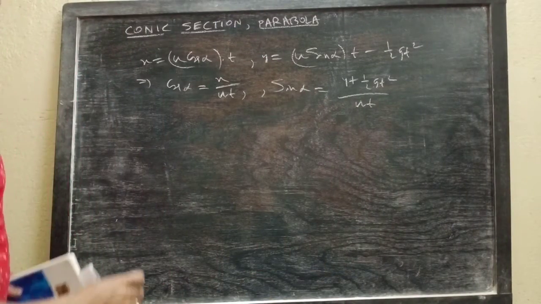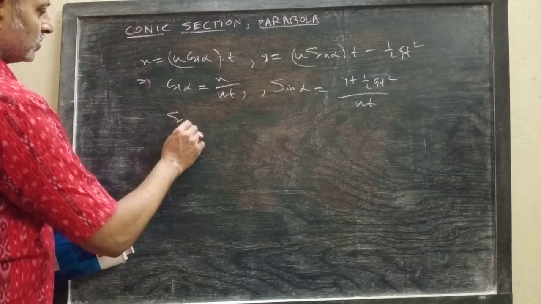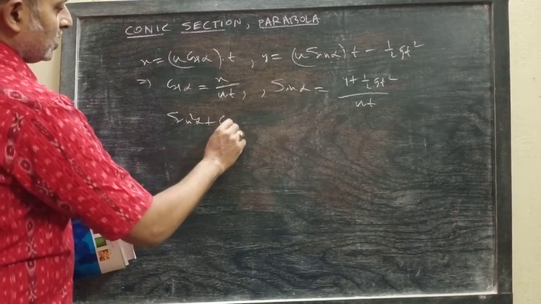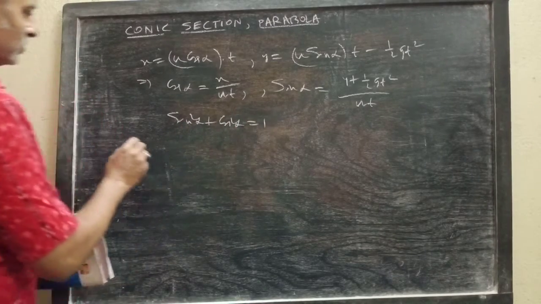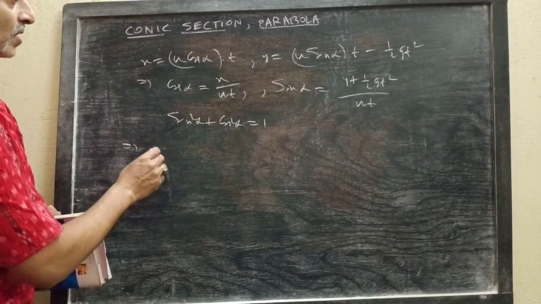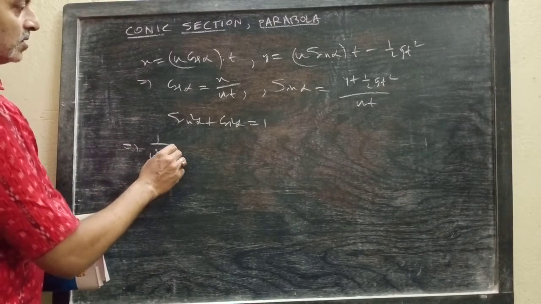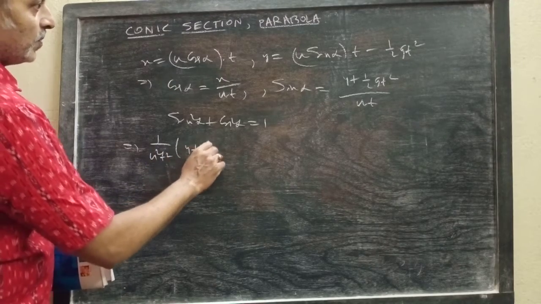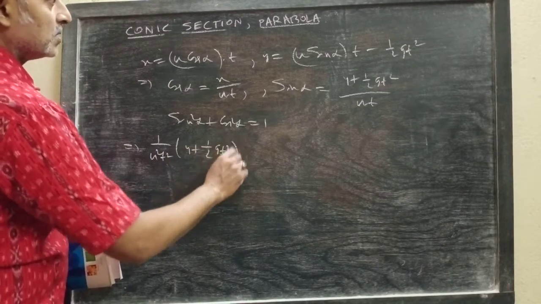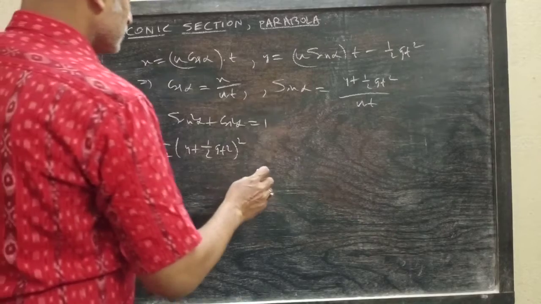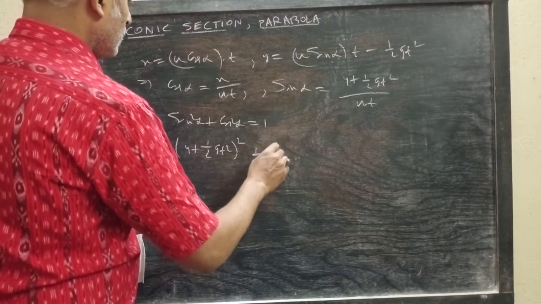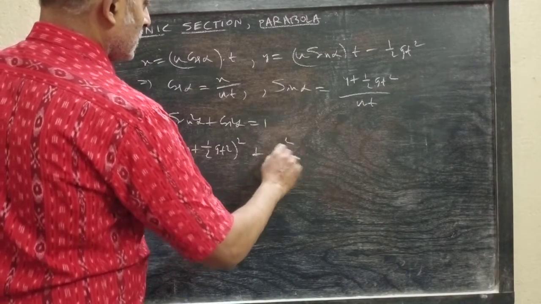Now we know for all real values of alpha, sin square alpha plus cos square alpha equals 1. That gives 1 by u square t square into y plus half g t square whole square plus cos square alpha, that is x square